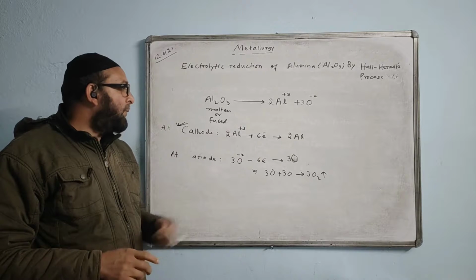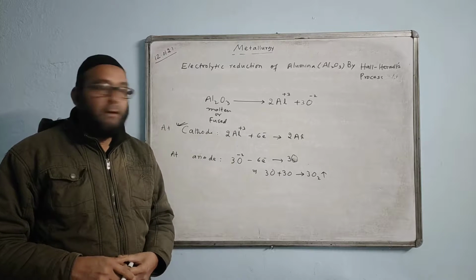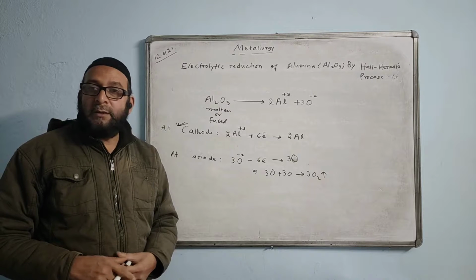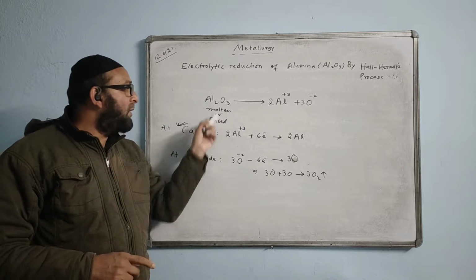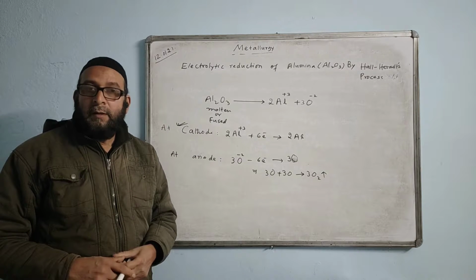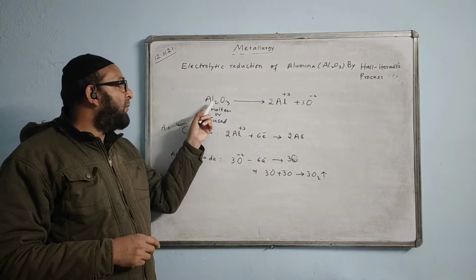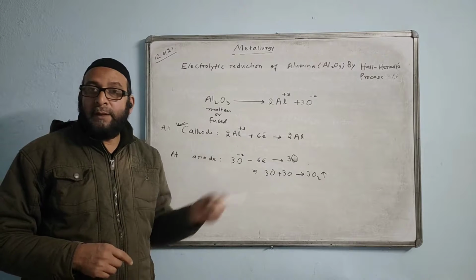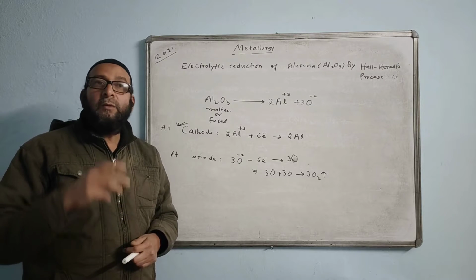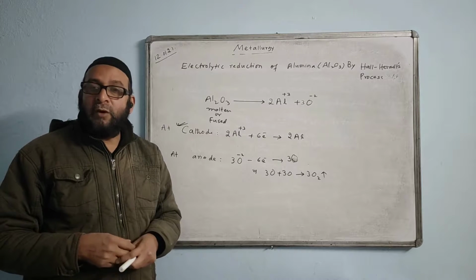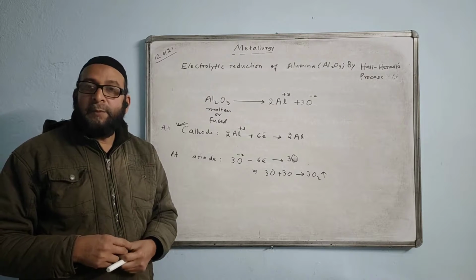The process of electrolysis looks quite simple here, quite easy. But in practice, the process is not that easy. Because to keep alumina in the molten state or in liquid form, we have to supply heat and maintain temperature. The melting point of pure alumina is 2000 degrees Celsius. So if we have to maintain a temperature of 2000 degrees Celsius, we have to supply a large quantity of fuel. That means the process becomes expensive.